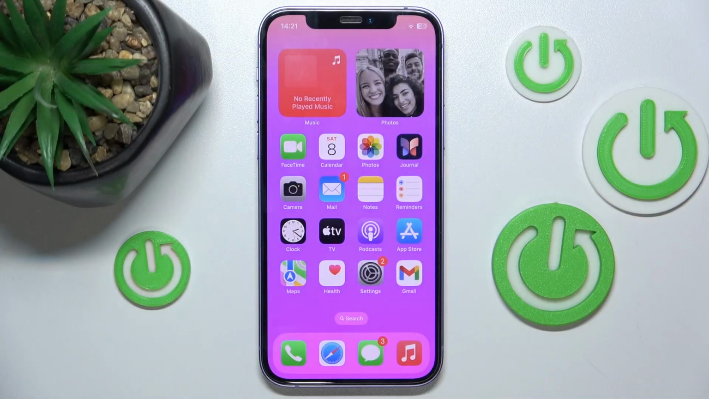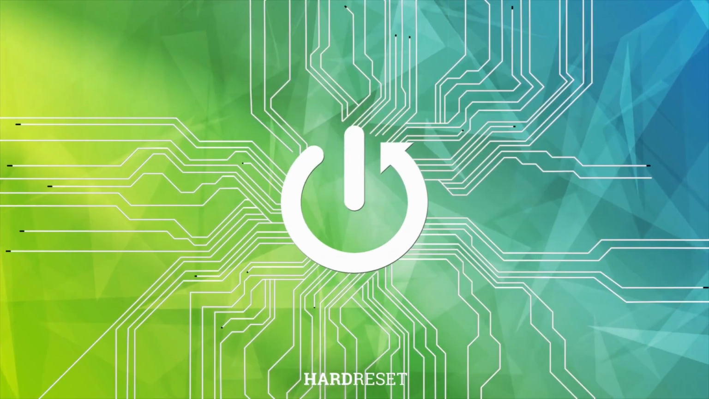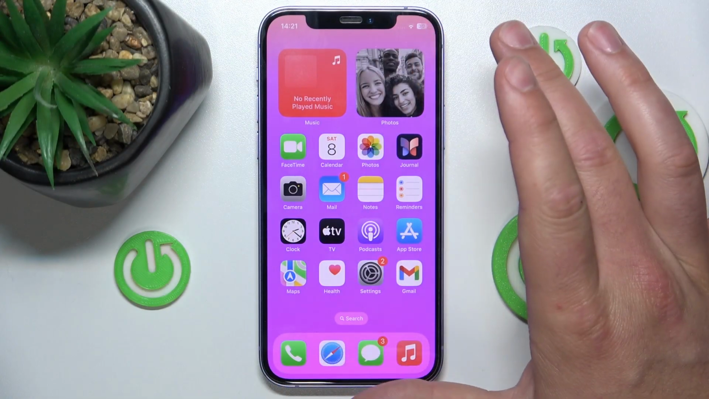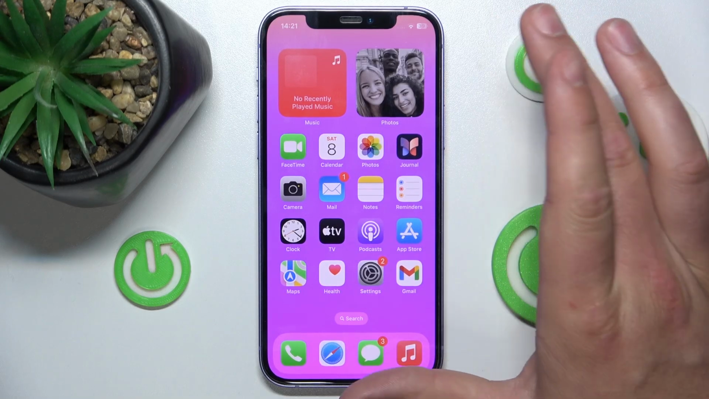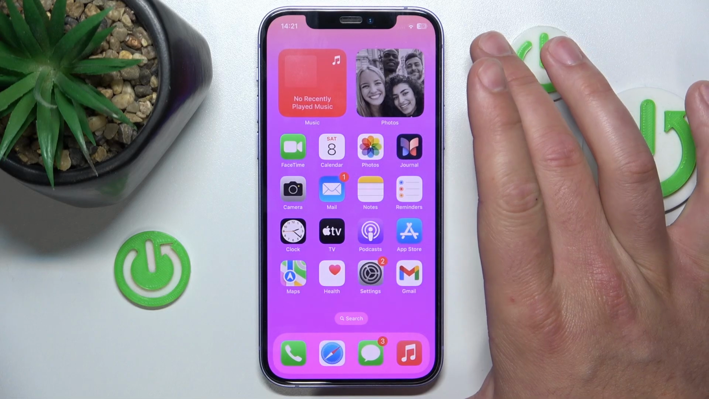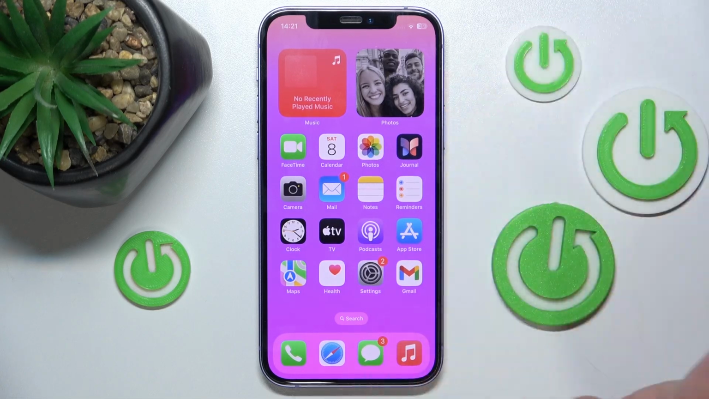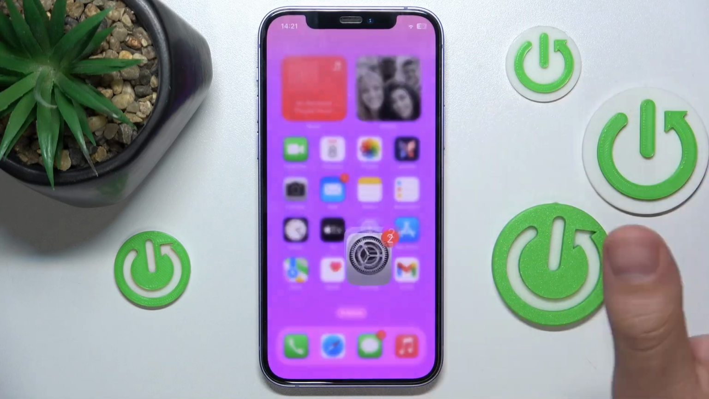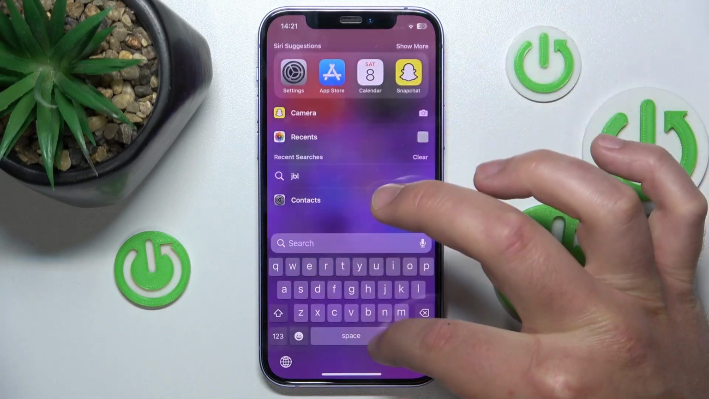Hello, in this video I'm going to show you how to enable or disable showing notes in Siri search on iPhone. So today in front of me is the iPhone 12 with iOS 17.5.1, but it really doesn't matter which iPhone you have or which version of iOS you have, it's all going to work the same on every iPhone. So what you want to do is to open settings, but first let me show you that the notes